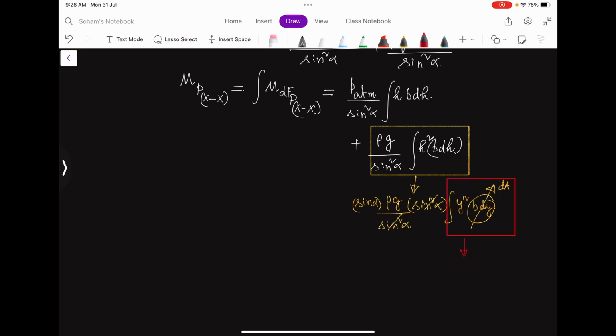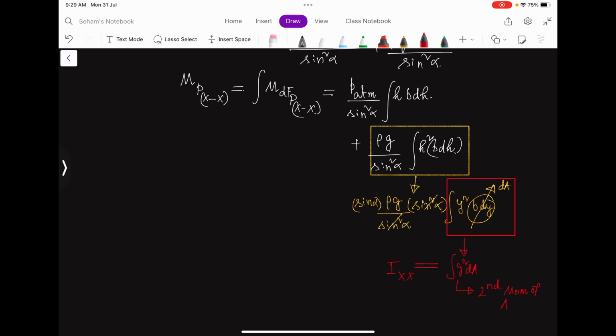This term is the summation of y squared dA. So if I have to calculate this I about xx, then that is equal to this y squared dA, and this is nothing but the second moment of inertia,